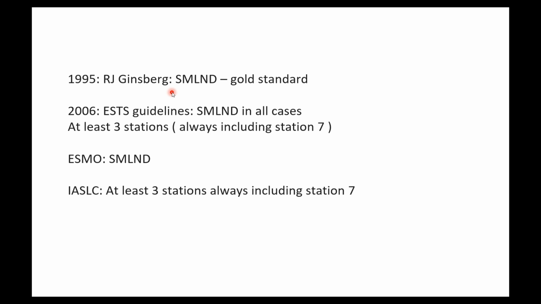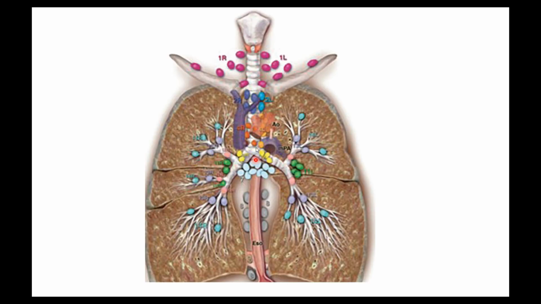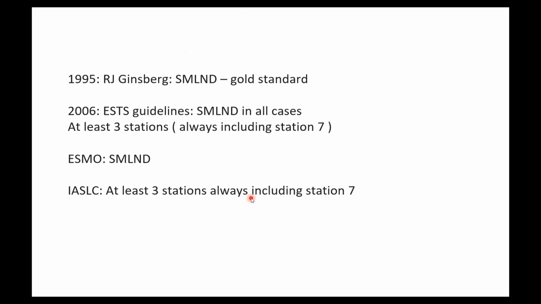Ginsburg, in his paper, established systematic mediastinal lymphadenectomy, lymph node dissection, as the gold standard. It was found that systematically removing all the mediastinal lymph nodes within anatomical boundaries provided improved overall survival for patients with non-small cell lung cancer. But again, this was an era where the current chemotherapy drugs were not given, and the indications for adjuvant chemotherapy were different. The adjuvant TKIs and immunotherapy drugs were not there. So this was a different era, but back then this established systematic mediastinal lymph node dissection as the standard of